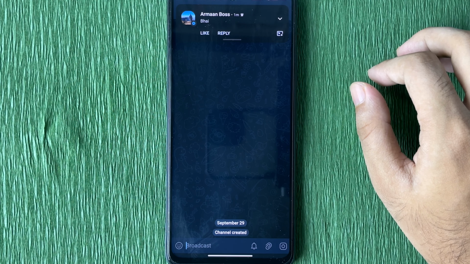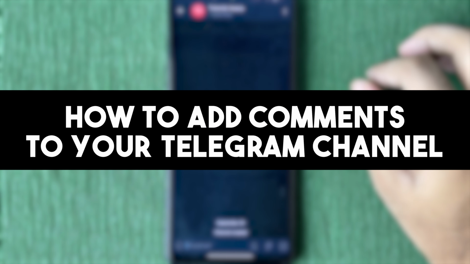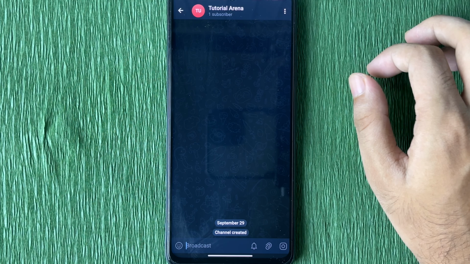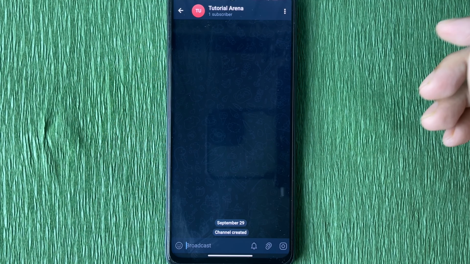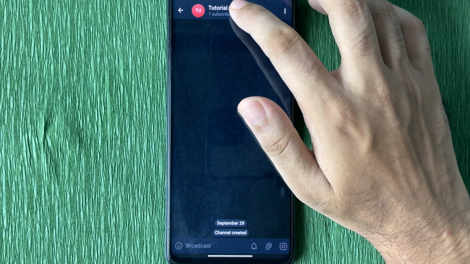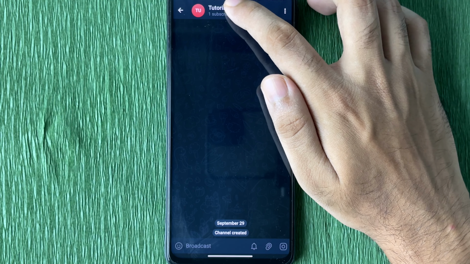Hi there everyone, in this video I will show you how to add comments to your Telegram channel. So let's get started. First of all, what you can simply do, tap on the name of your Telegram channel